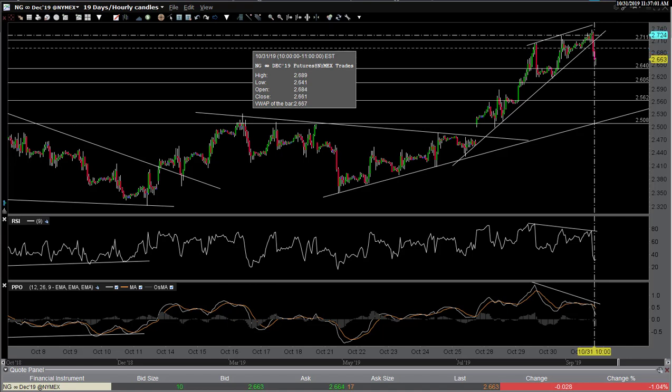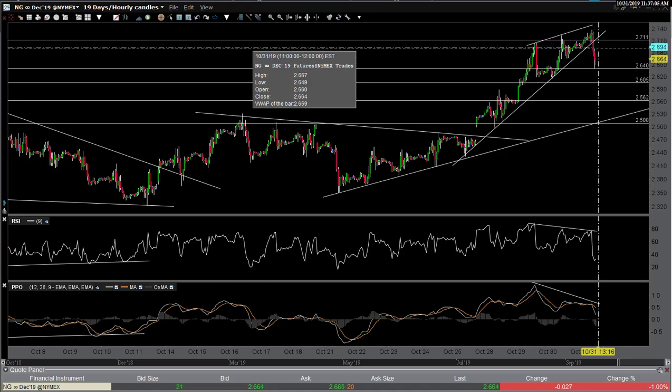Like I said, I mentioned this in the comments under today's post, that an aggressive trader could position short ahead of it. Because more often than not, if a chart pattern is clearly bullish or clearly bearish, and you're expecting a potential market moving event, such as in this case, the weekly inventory reports, or in the case of a stock, you're coming up to earnings, it has been my experience that much more often than not, which is not always, so you keep that in mind, a clearly bullish or clearly bearish chart pattern will dictate which way it's going to go after that market moving report. So in this case, we had a bearish rising wedge confirmed with negative divergence, and you broke down,